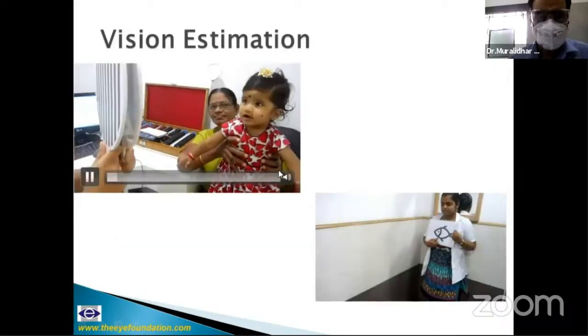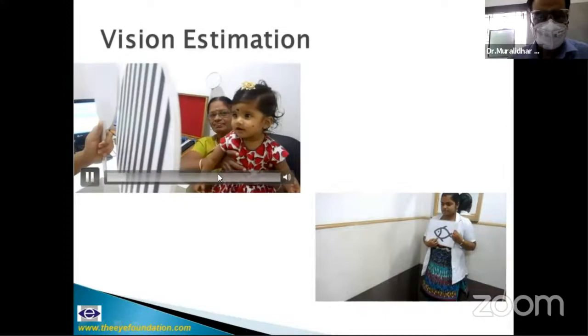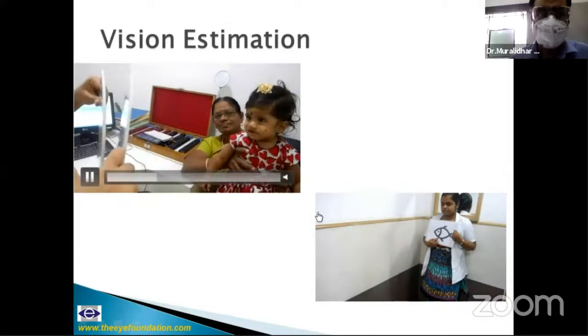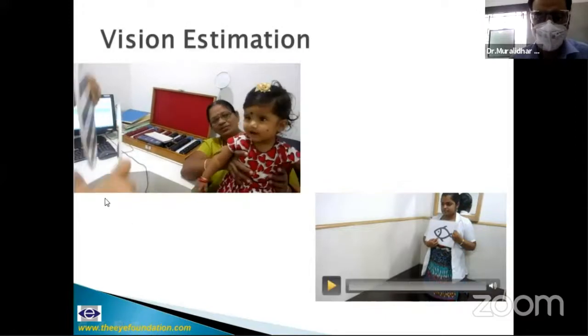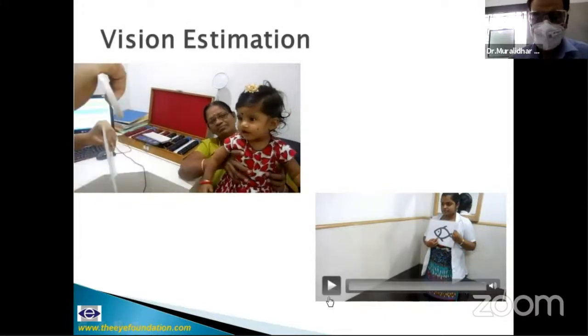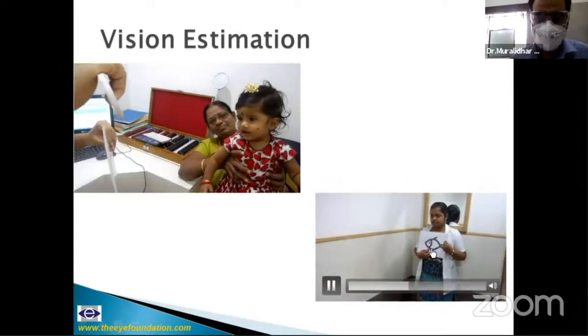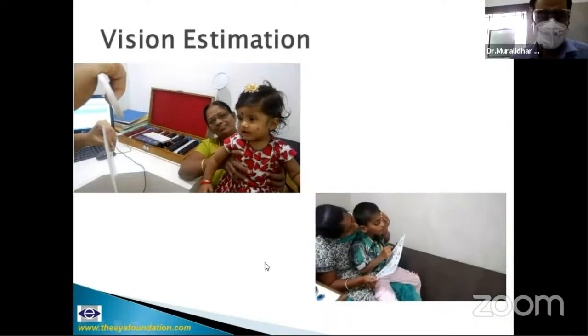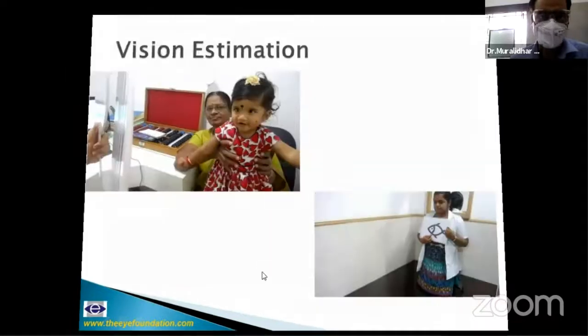So this is a small child, with Lea paddles being used, and the child merely looks towards the pattern, which gives an estimate of the visual acuity. The residents have to be exposed to this. And this is a matching visual acuity test. The child may not be able to indicate that this is a fish, but will be able to point it out in the key card. And this can be used for vision testing in 1 to 3 years of age.